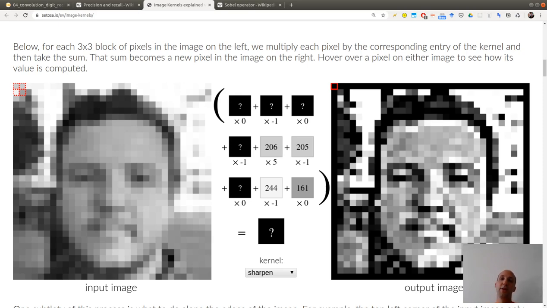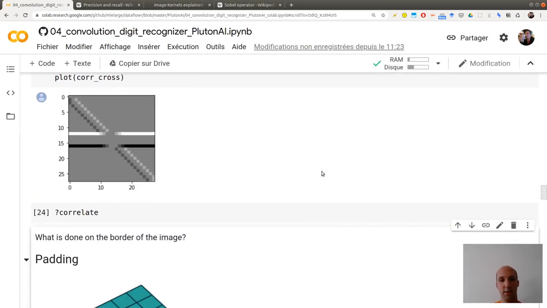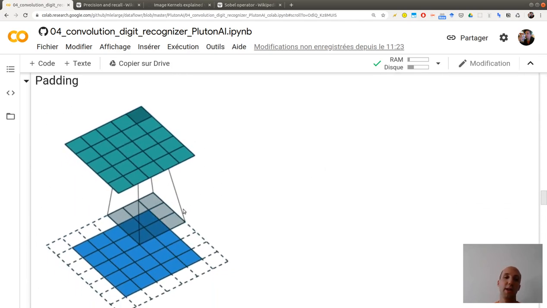So you need to specify what the value of the question mark over there is, and this is what is called padding. So here is a small illustration of what padding is doing. Namely, in the padding function, you are defining what values you set outside your image in order to be able to compute the convolution and to get an image of the same size as your input.